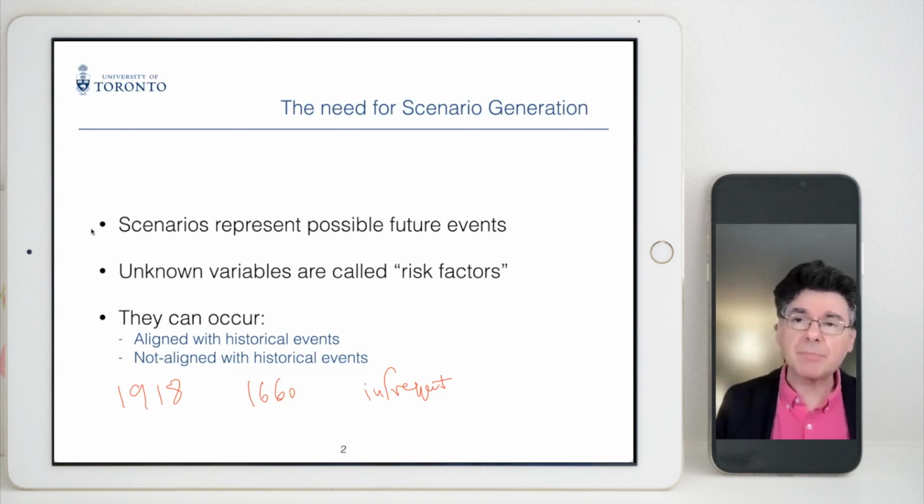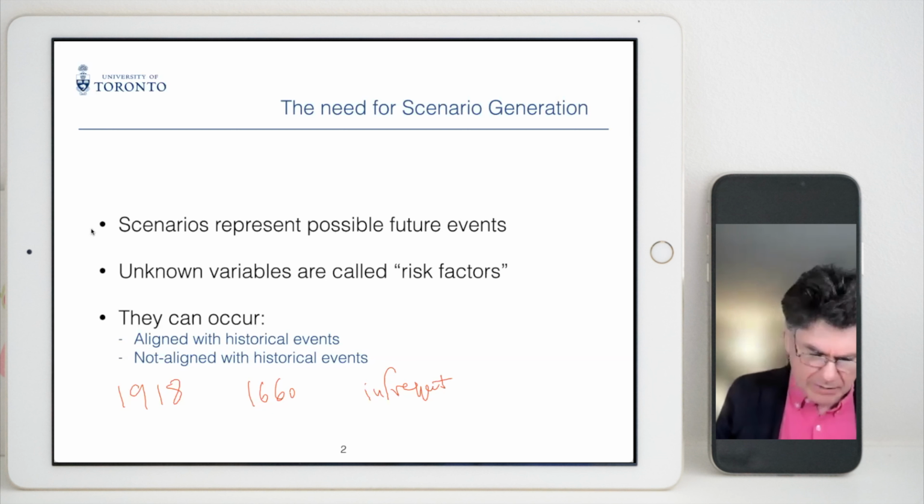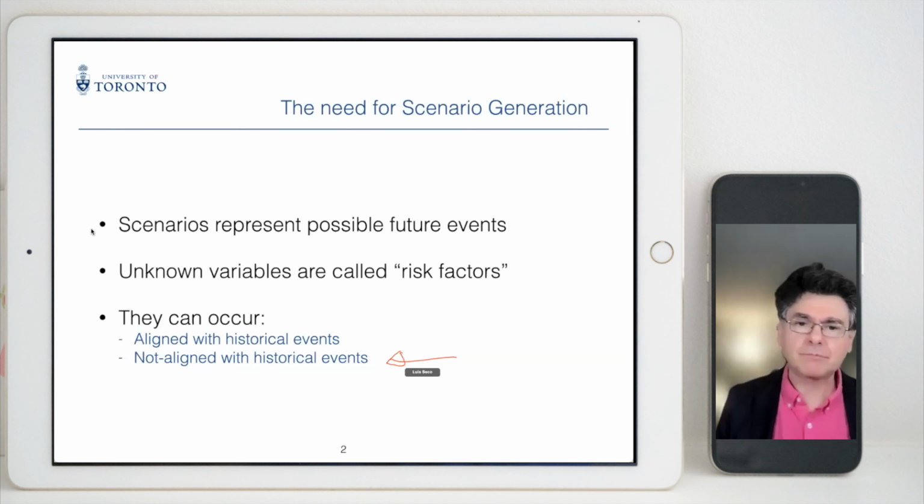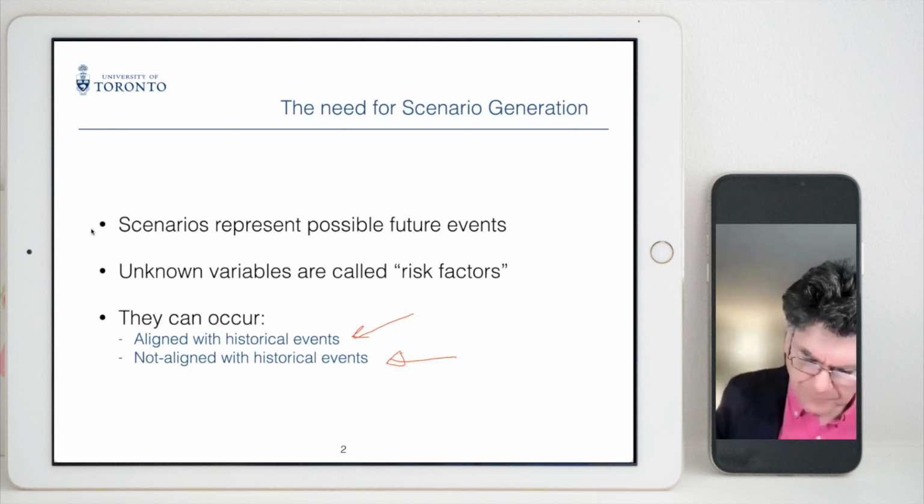This already came up when we looked at stress tests. It happened a few weeks ago, okay? And other times they are not aligned with historical events. Sometimes they just have never happened before. In finance or in investing, most of the time we deal with things that haven't happened before, but sometimes we deal with things that have happened before. And I will explain. Okay? So